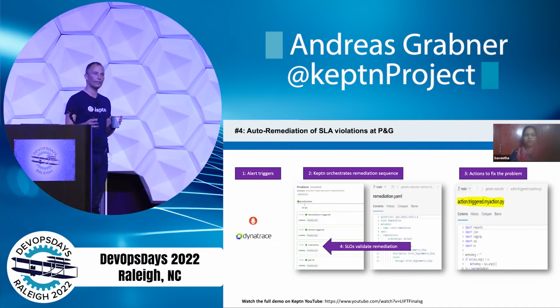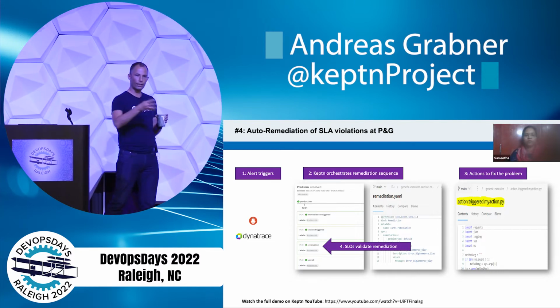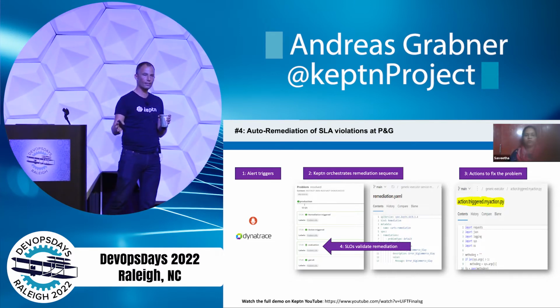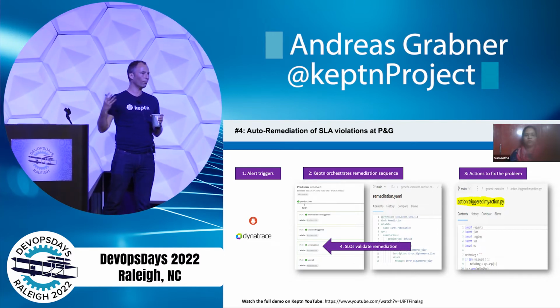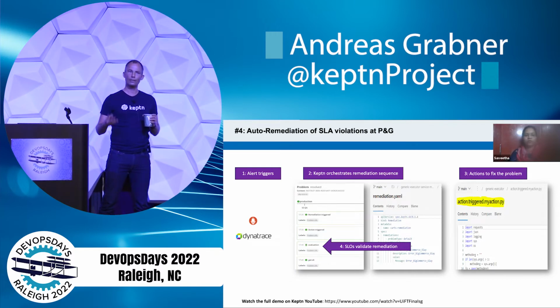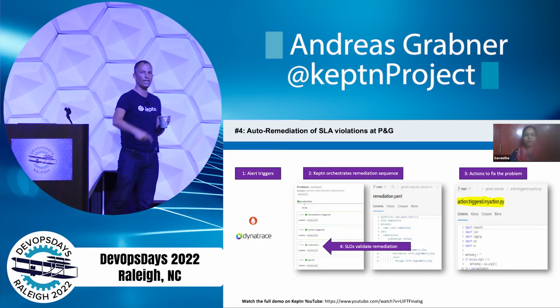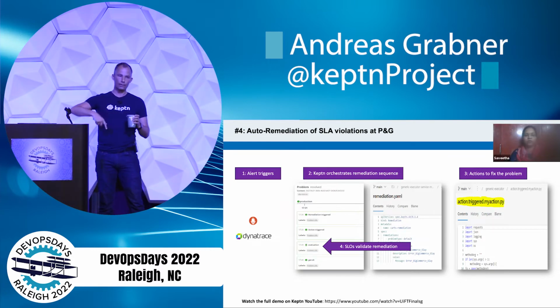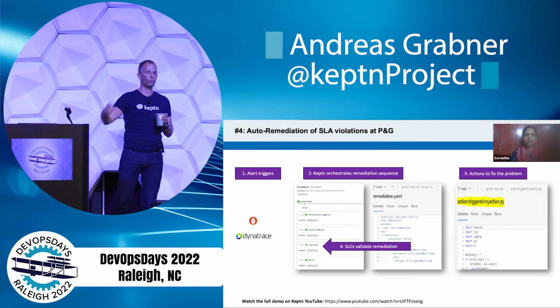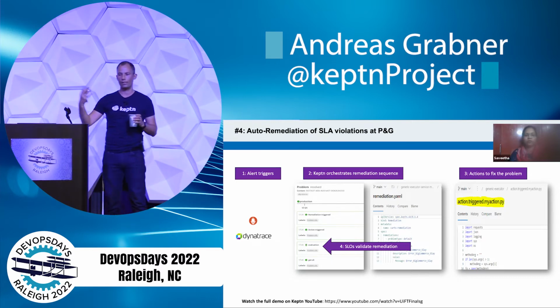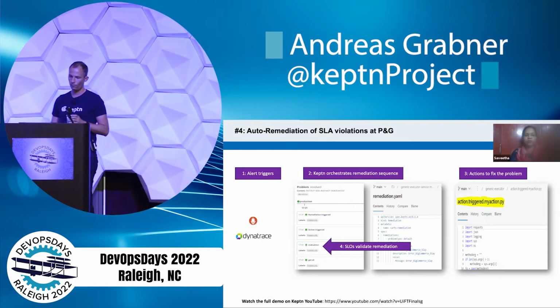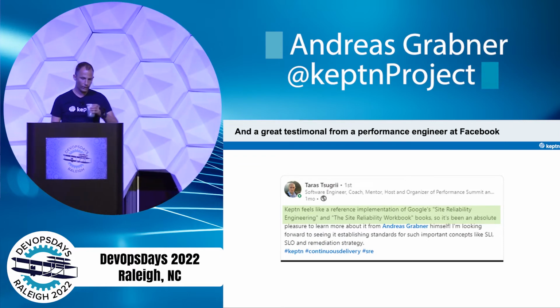But you can see here, Keptn is not just focusing on classical CI/CD, but it's a general purpose orchestration engine that can connect to any tools, and it uses SLOs in the middle to validate. Like here, right? Where's my magic wand? The evaluation is always in there. And if the evaluation fails in the remediation, then it executes the next action, and the next, until we run out of actions in your workbook, and then it escalates, for instance. Right? And this was a great testimonial.